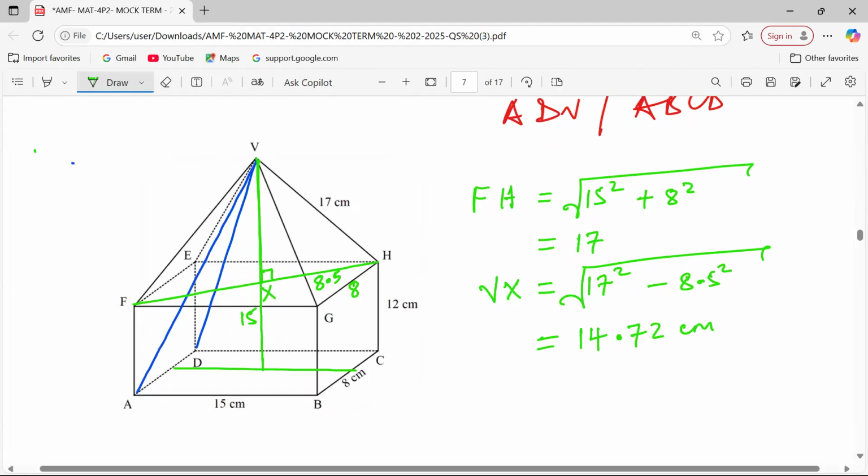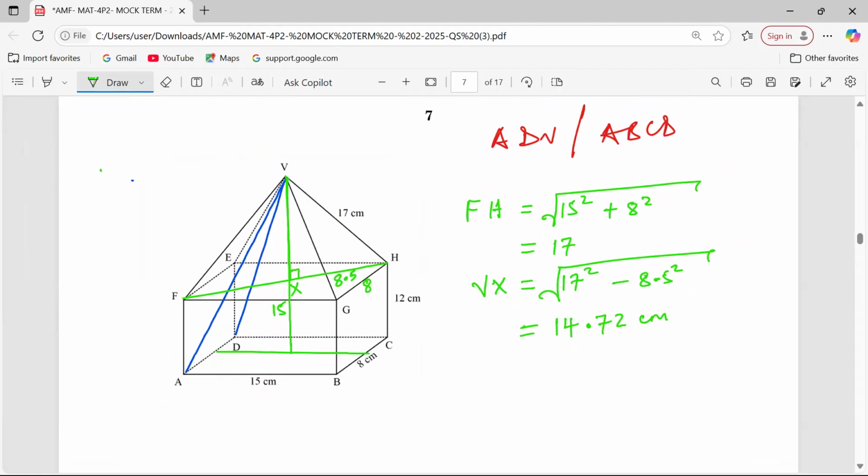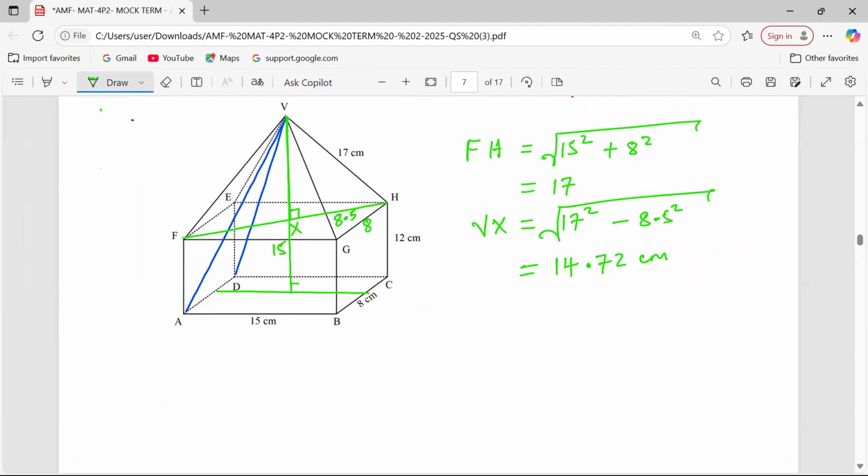If I talk of point O at this point, now I can see the total height VO equals 14.72 plus 12, because from X to O is 12. This is going to be 26.72